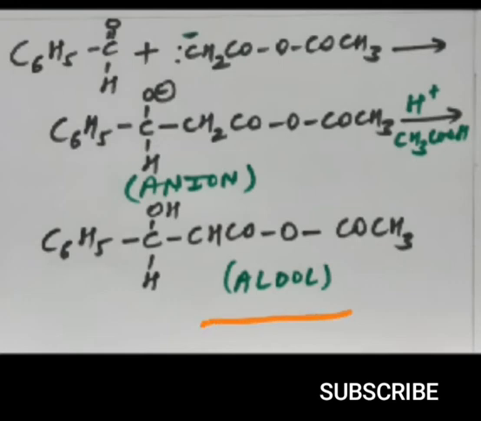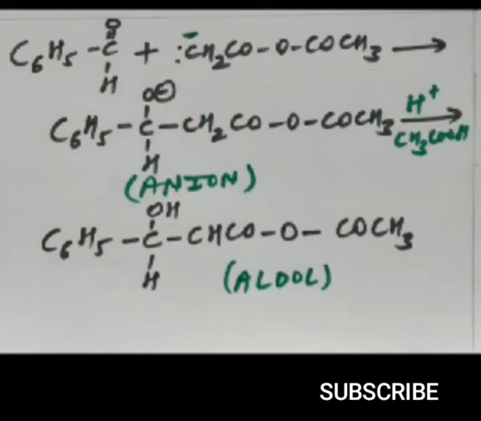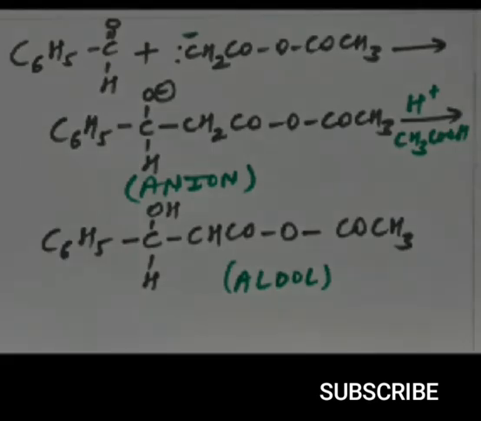How is this aldol going to be formed? Due to abstraction of a proton from acetic acid. Can you tell me from where this acetic acid has come? Acetic acid you got in the first step of the mechanism. So that acetic acid will generate H+, and this H+ will be abstracted by this O-, resulting in the formation of aldol. What is aldol? Aldol is the existence of a hydroxyl group in addition to a carbonyl group. So a carbonyl group and an alcoholic group together is called an aldol. After that, let's see the next step of the mechanism.